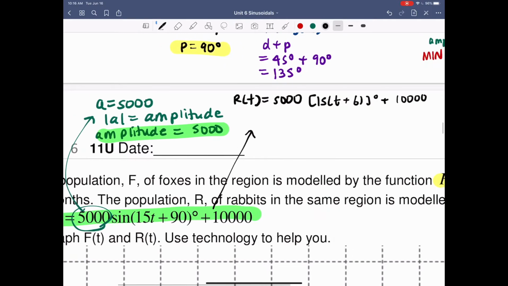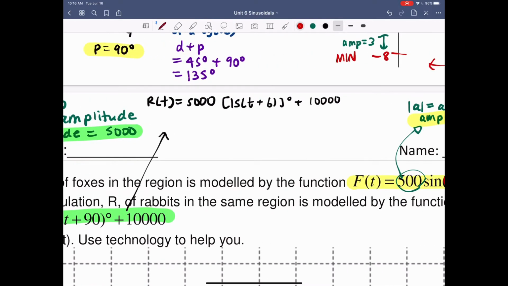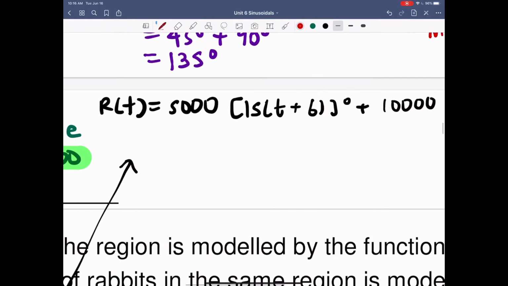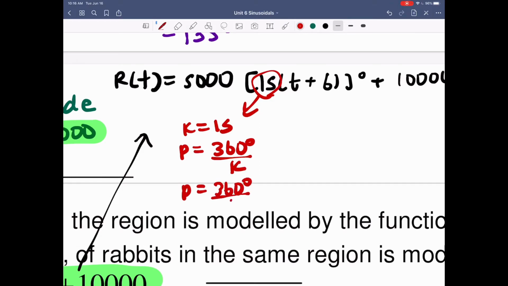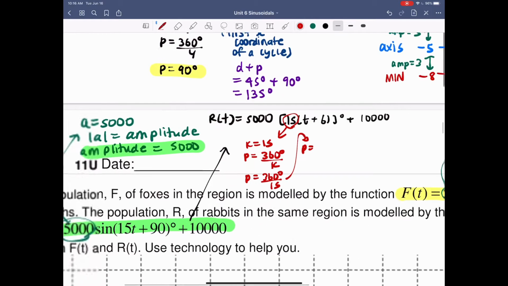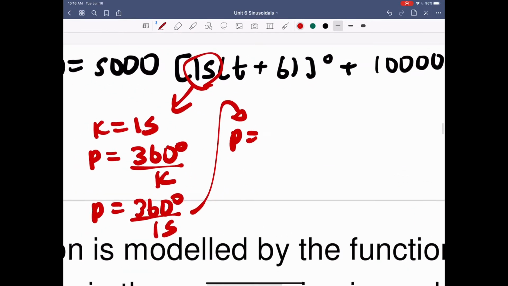So I already interpreted what the amplitude is. I'm going to move on to the other part, which is the k. I'm now noticing that the k is equal to 15, and the equation for finding the period is 360 divided by k. So p is equal to 360 divided by 15. Use my arrows to track my work. The period is, unfortunately, not a whole number, not an integer, and I get approximately